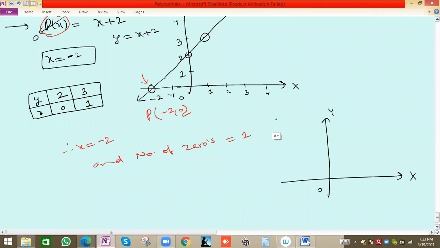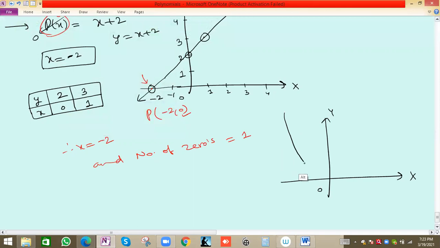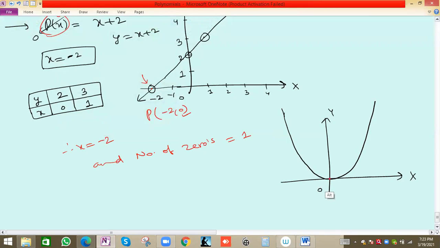See, suppose this is the parabola. It's basically extra; extra means not in the syllabus, but we can understand it. This will be a parabola shape. We can say the shape of the curve will be a parabola. This O will be the origin. (0, 0) is called the vertex of the parabola. The vertex is basically the minimum or maximum coordinate of the parabola.